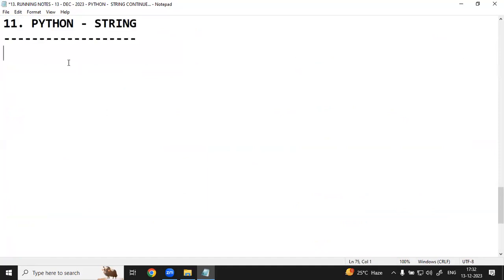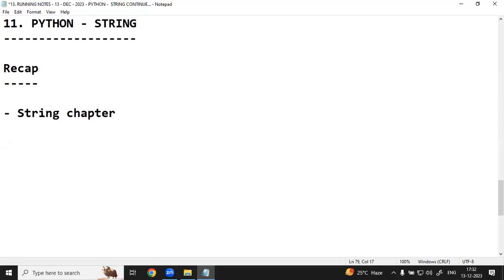Let me give a small recap of what we covered yesterday. I hope we closed the flow control chapter. What is the chapter name? Flow control chapter. Under the flow control chapter, there are some specific keywords, and we covered them very clearly: if, else, elif, for, while, break, continue, pass. Pass we didn't cover; I can cover it later. The flow control chapter is very, very important. And immediately we started the string chapter.